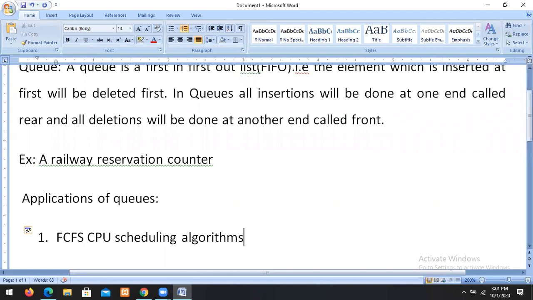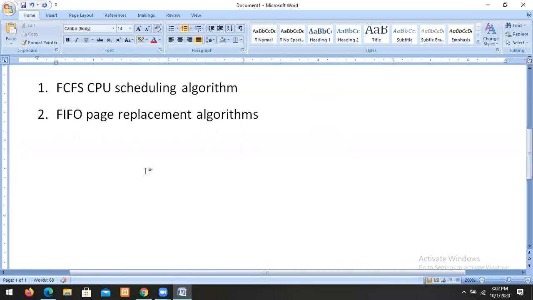In first come first serve CPU scheduling algorithms, we use queues. Then first in first out page replacement: here also we use queues. And another is the BFS graph traversal.